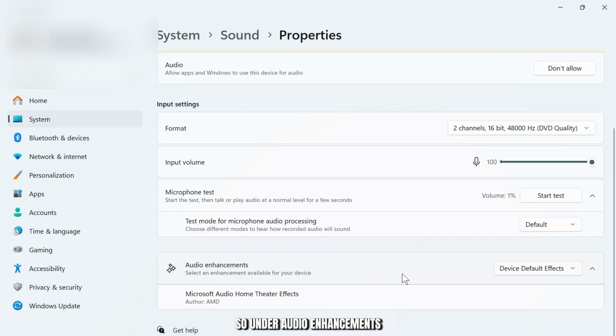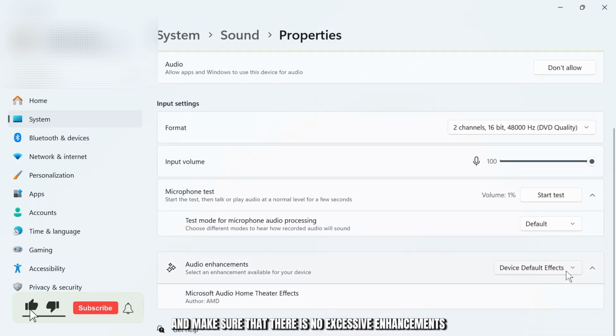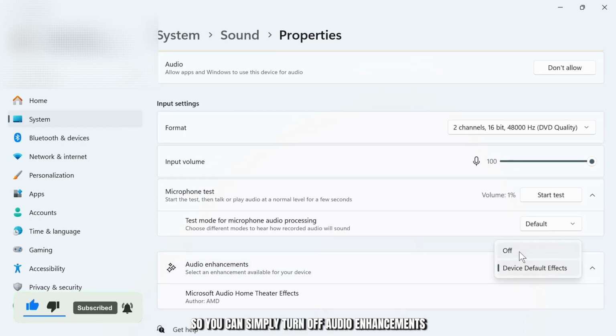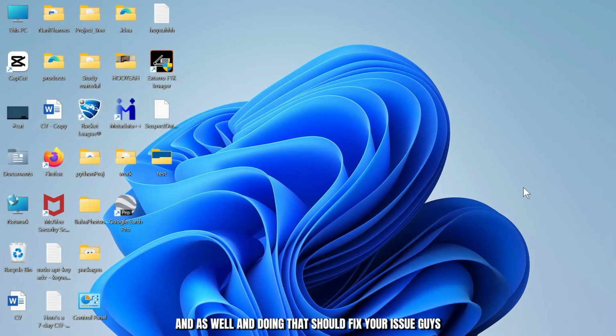So under audio enhancements, what you can do is simply tap on that and make sure that there is no excessive enhancements. So you can simply turn off audio enhancements as well, and doing that should fix your issue, guys. All you have to do is turn your microphone all the way up to 100, and that should fix the low volume